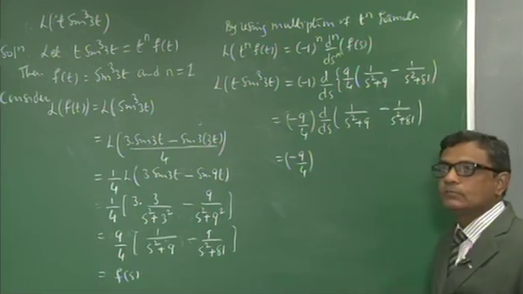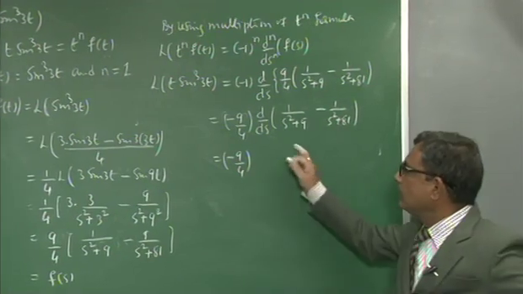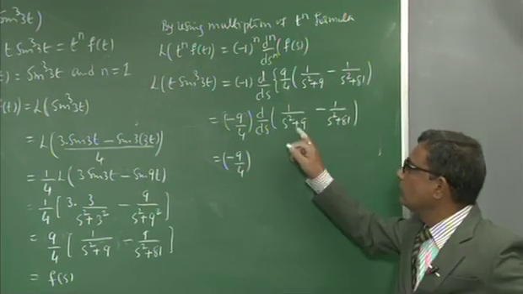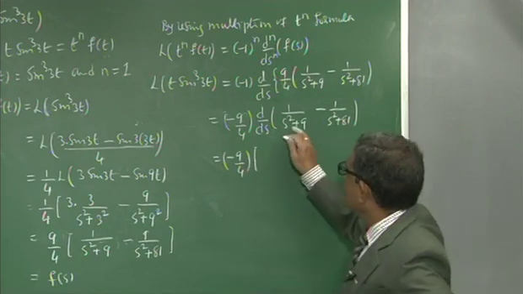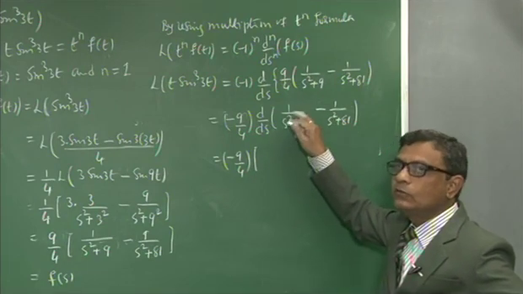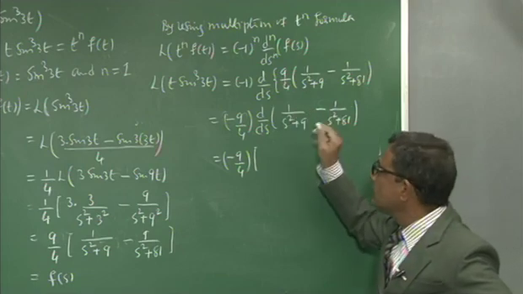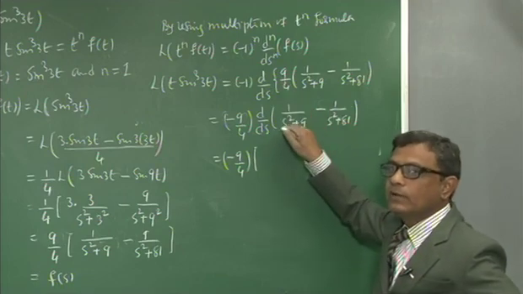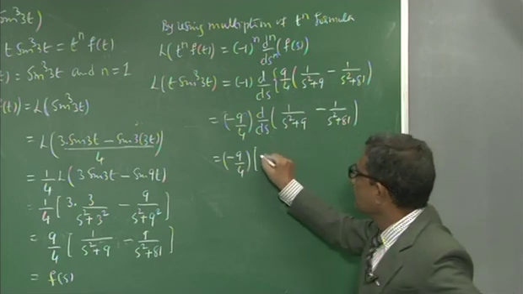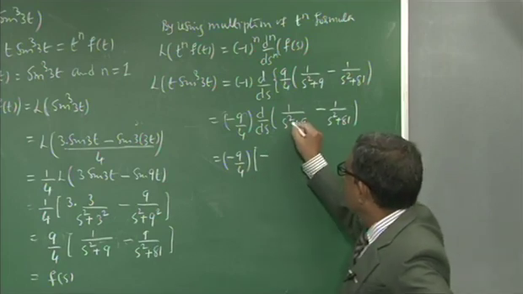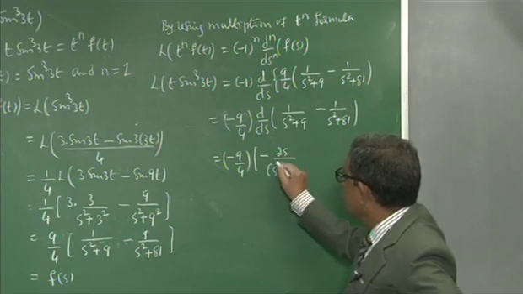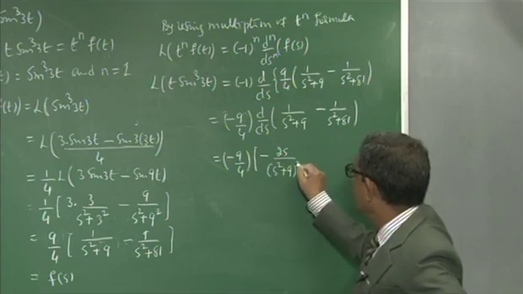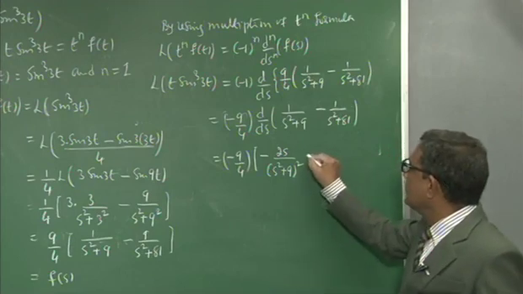Constant as it is, minus 9 by 4, just simplify minus 9 by 4. Now differentiate with respect to s. What is this? If you take the numerator whole to the power of minus 1, what is 1 by s? Minus 1 by s square, it is minus, and inner derivative, that is 2s, s square plus 9 whole square, minus